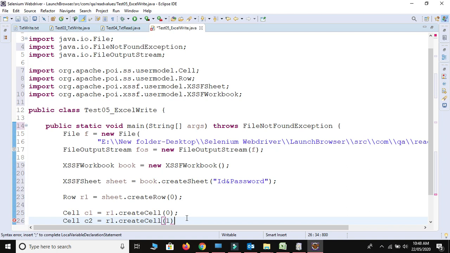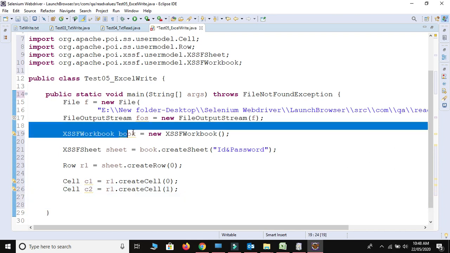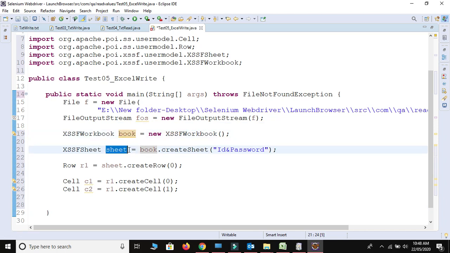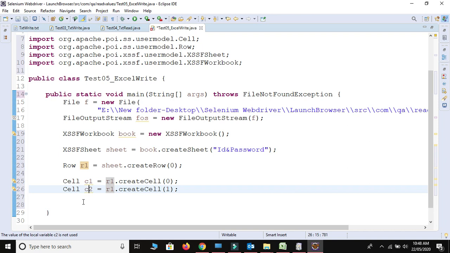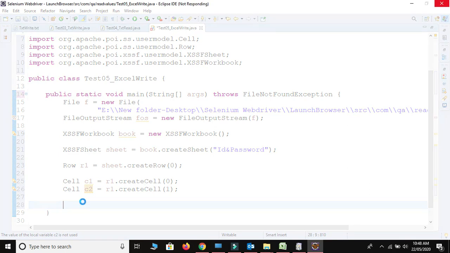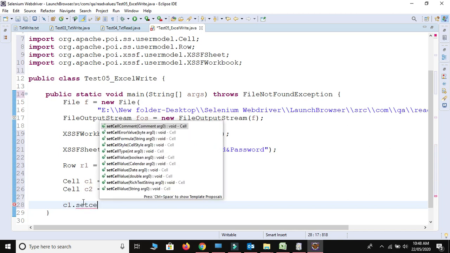Now it's time to provide the names to the cells. We have created first the book, then inside the book the sheet, inside the sheet the row, and inside the row two different cells. Now I will provide the names of the cells. So to provide the name of the cell we use c1 dot setCellValue, which sets some value.